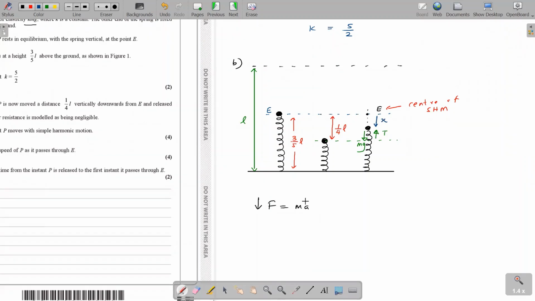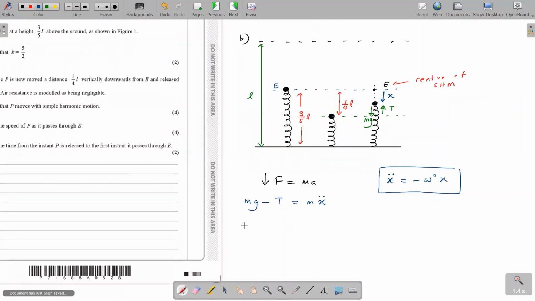Okay, F equals ma. So what are the forces that are acting here? So downwards I have mg minus upwards I have thrust. So mg minus thrust, those are the only two forces here, equals mass. Mass is m, right, into acceleration is x double dot. So the whole point of proving it moves with SHM is you have to get an equation of the type x double dot equals minus omega square times x. So this is what you have to prove. You have to get an equation that is in this particular format. So mg minus T,